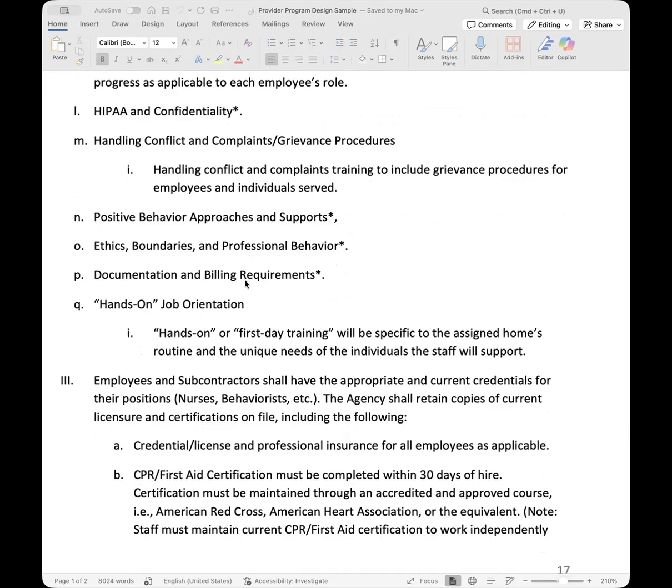So they need to be fully aware of that process. Positive behavior approaches and support. If you're going to be managing challenging behavioral concerns for your client, you need to make sure you outline all of your behavior supports and services within this area, and your staff is trained. You have two options of training your staff in behavioral support. You can have an identified person go to a trainer training called CPI or QBS or Safety Care. These trainings provide those crisis management and behavior supports types of trainings.